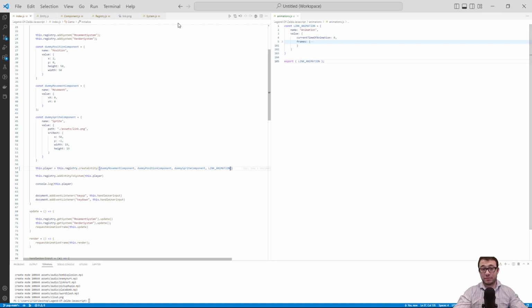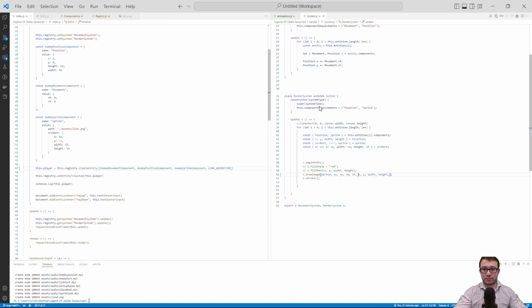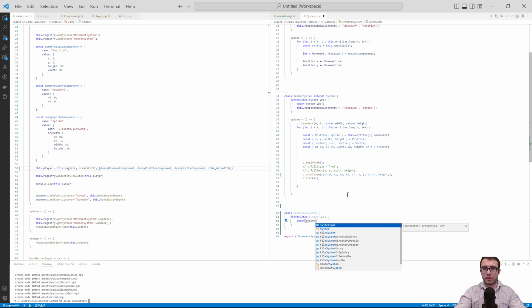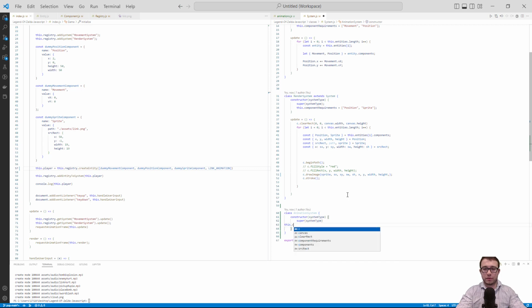Let's go into system. And we're going to create the animation system now. So class animation system. And we're going to follow the pattern that we've set up. System type, super system type. For this component requirements,